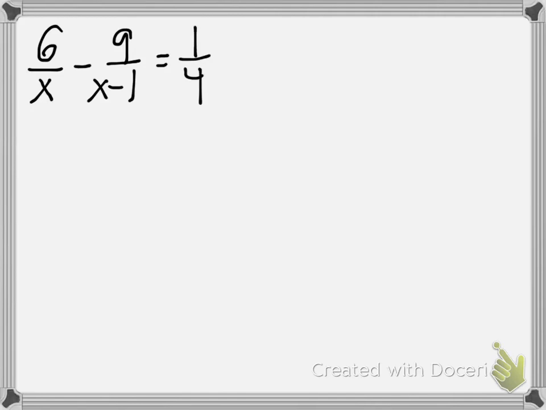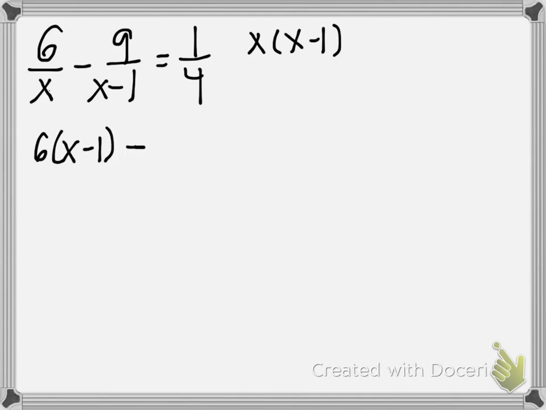Okay, I've got 6 over x minus 9 over x minus 1 equals 1/4. Right. So again, we have x times x minus 1 as our least common multiple. So x disappears, so I have 6 times x minus 1